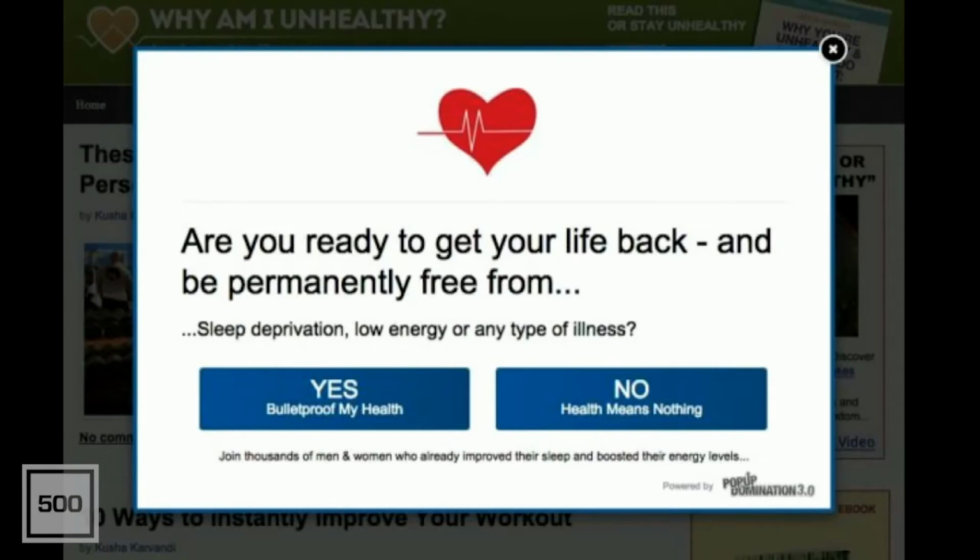And here's where it gets uncool, is on a site about health. They hit you up to opt in and say, yes, bulletproof my health, accept this offer, or no, health means nothing, right? That's messed up in the context of the individual who is here earnestly trying to find ways to improve their health. To make people have to select that is, I think, just cruel, and that's like emperor-level evil, right? That's just wrong, and they shouldn't do that. And I think we should be ensuring that we're not crossing that type of line.